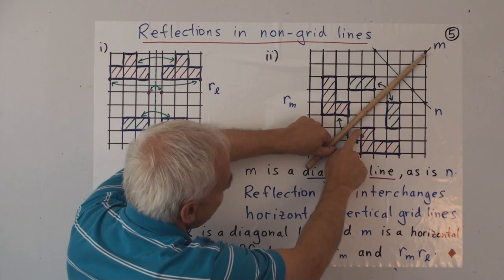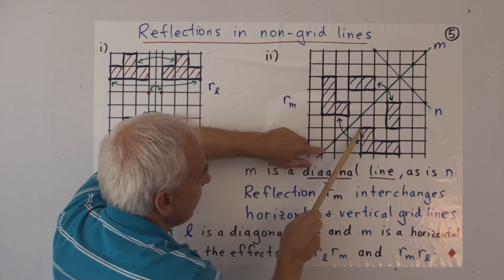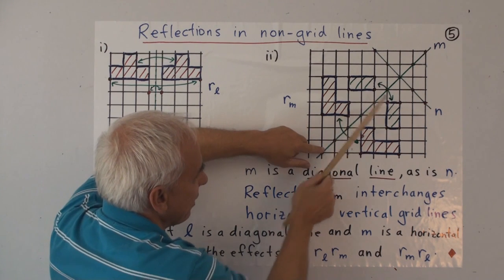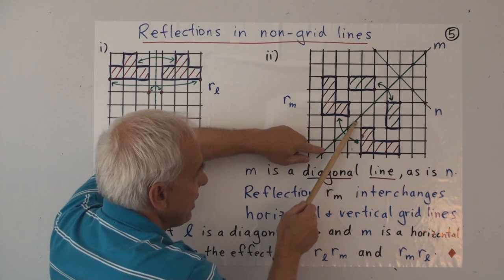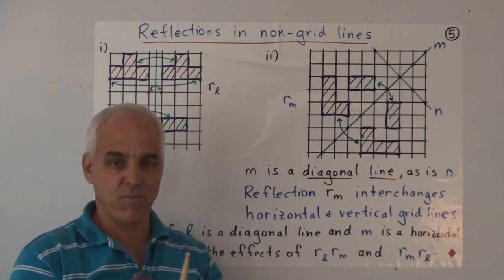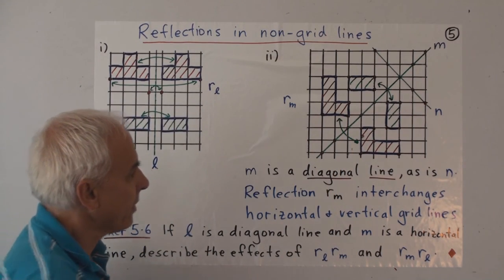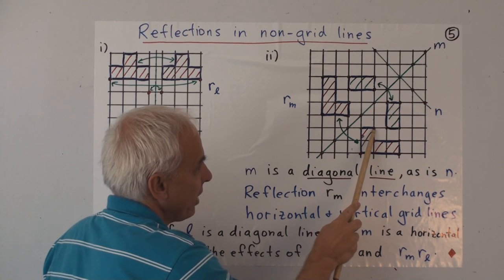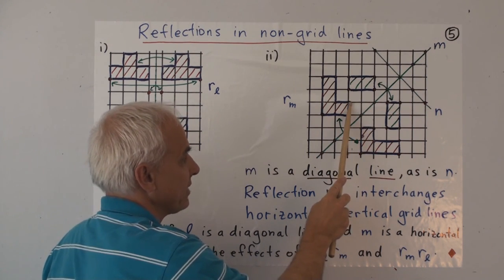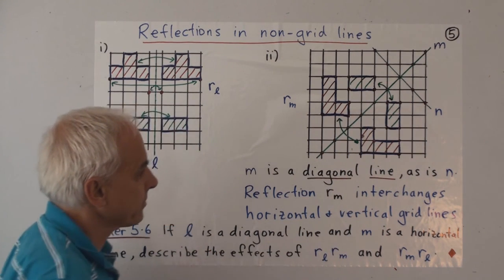So this point here, for example, its reflection had better be this one here. This point goes to that one. We're moving sort of perpendicularly to the reflecting line and an equal amount on the other side, and lo and behold we end up on another grid point. That's the important thing. So we go from one grid point to another grid point. This point here, its reflection, well, we're going in this direction, so one sort of diagonal step and then another diagonal step ends up on another grid point. So these 2 points are interchanged.